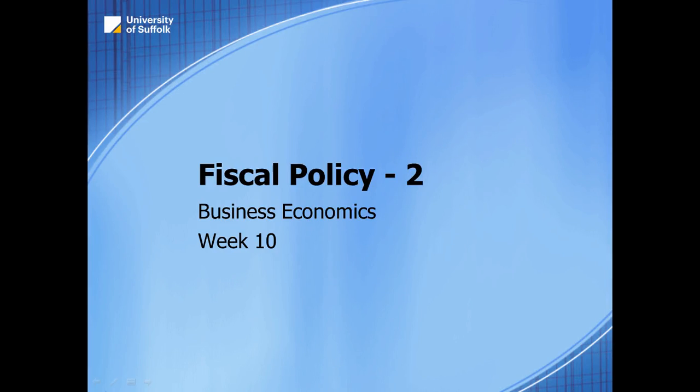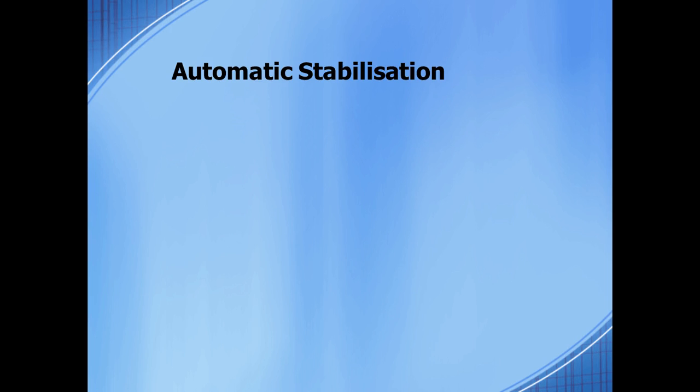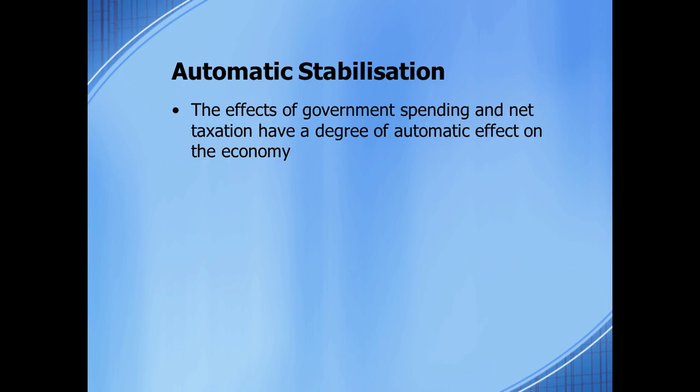Okay, this is the third video for week 10 and it's a continuation on fiscal policy, and we're going to look now at some of the implications for this type of intervention. And we're going to think first of all of automatic stabilisation. And we think of this as perhaps the effects of government spending and net taxation have a degree of automatic